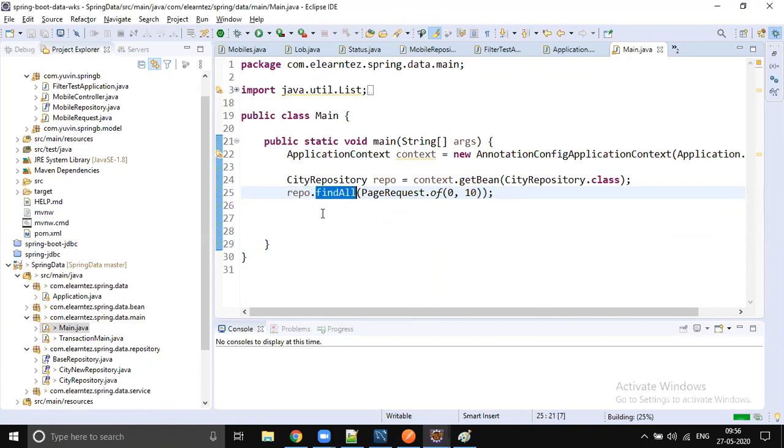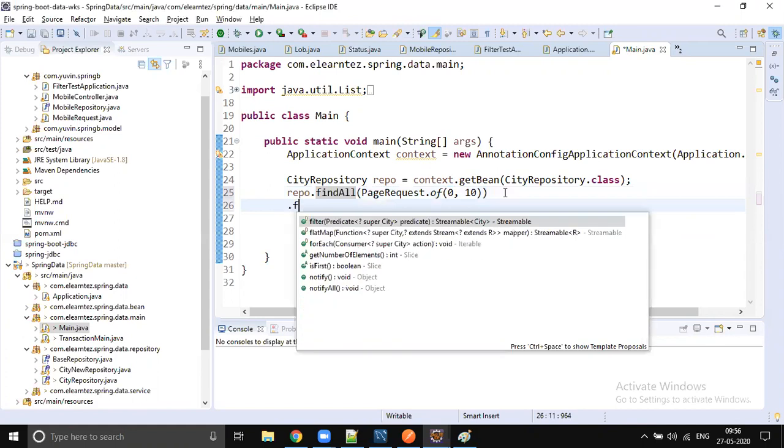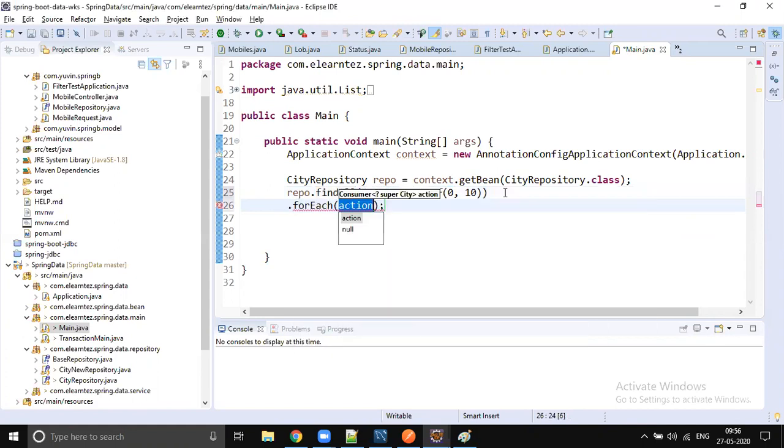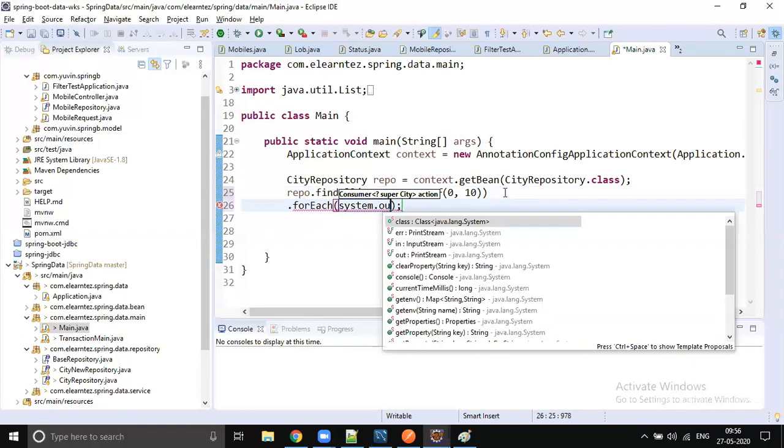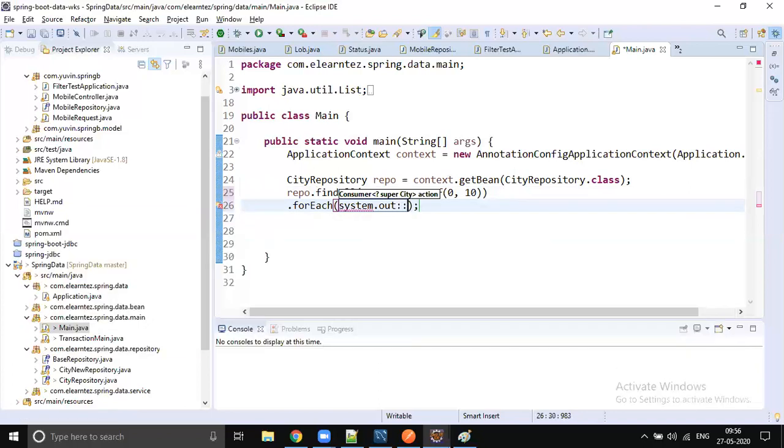When there is a request coming from the client, from the front end, they should send these numbers. So existing plus 10, plus 20, like that you should manage. If you run this code, you get only the first 10. So for each, let's print the data, system.out.println. Now you see that you get only 10 records.